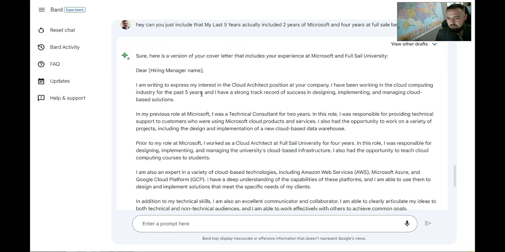Okay, so this is where I think I'm definitely seeing a little bit of failure. I think it's complicated right here, in that it still retains that I've been working in the cloud computing industry for the past 5 years, even when that's not up to the information that I provided, right? So it did include the role at Microsoft, and what's interesting here, it says that I worked as a cloud architect at Full Sail University for 4 years. The thing is,